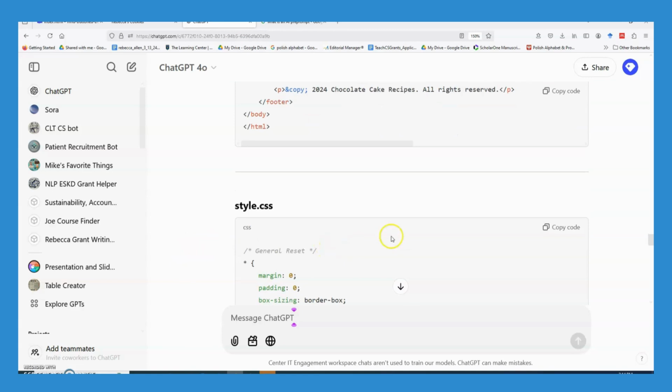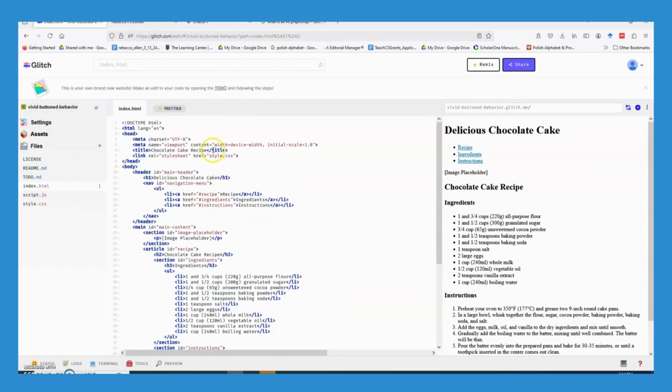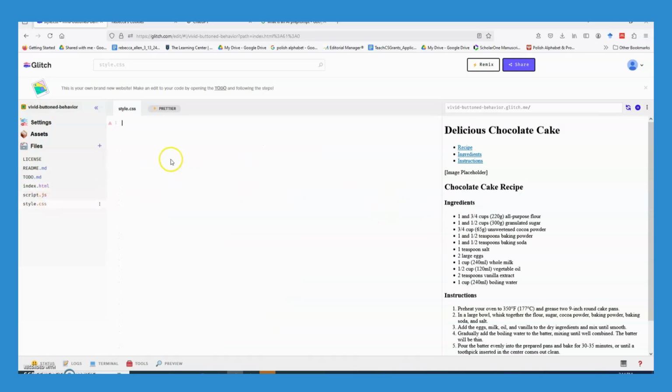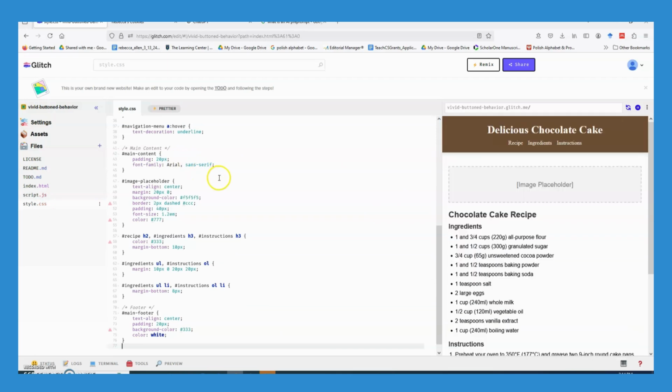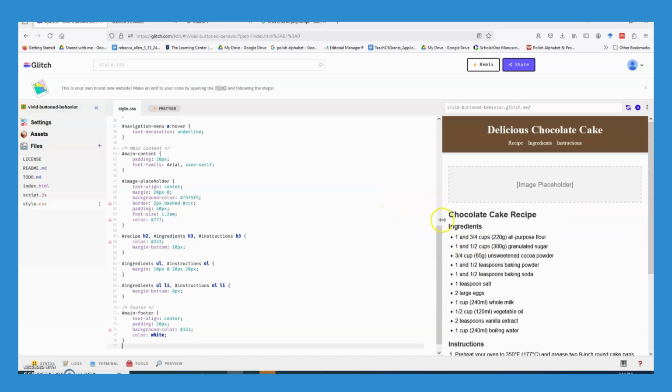Let's see what it did for our styling. That's going to be our CSS, style.css. We're going to copy the code. We're going to make sure that it's linking to style.css within our HTML, which it is. So this is telling our HTML to look in the style folder. We're going to copy our CSS code over here. Looking pretty good, except that